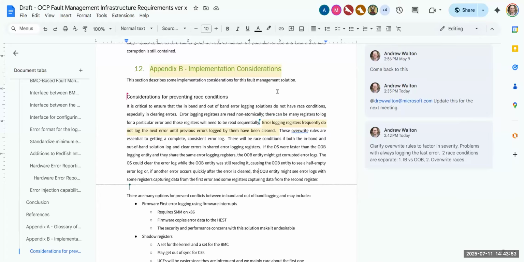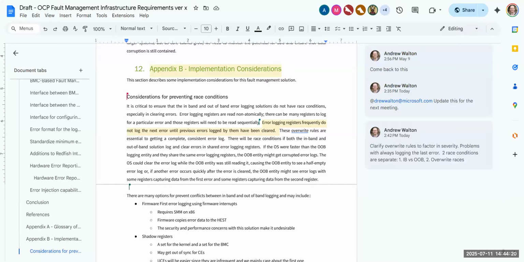Things where we felt it was implementation specific, that's why we moved it here. I think we should treat it that way too. If you decide to deviate from these, you do so at your own risk. Yeah, more of a hint: there are some implementation considerations that you should think about or consider. So "Considerations for Preventing Race Conditions" is the right title, right?